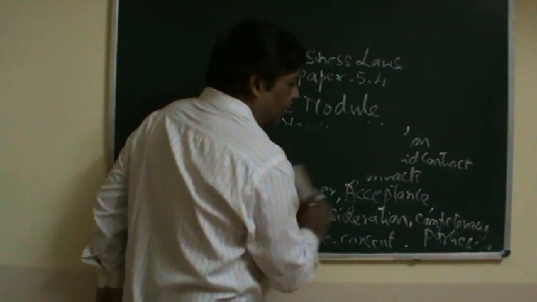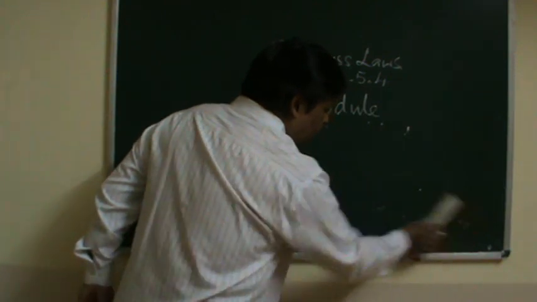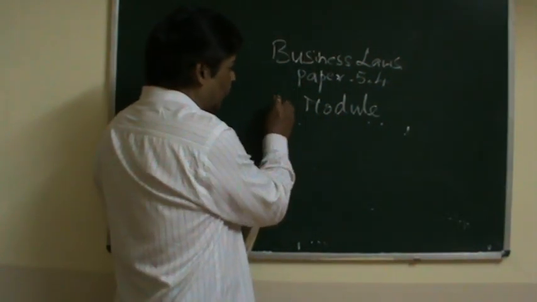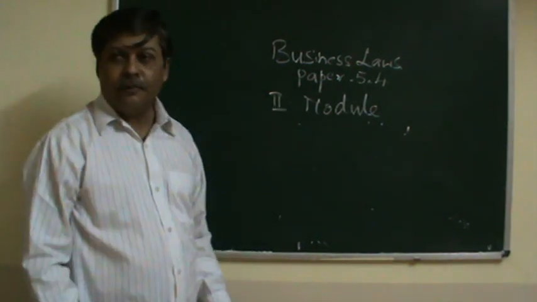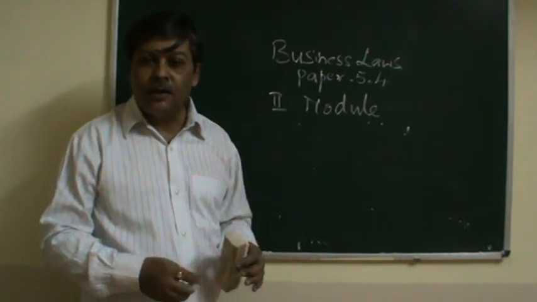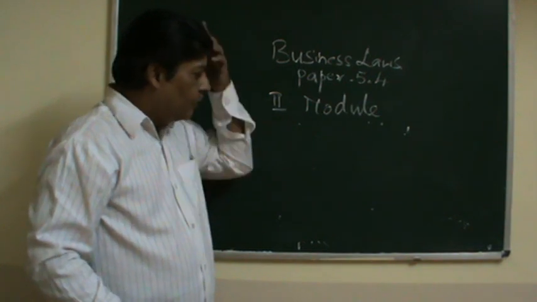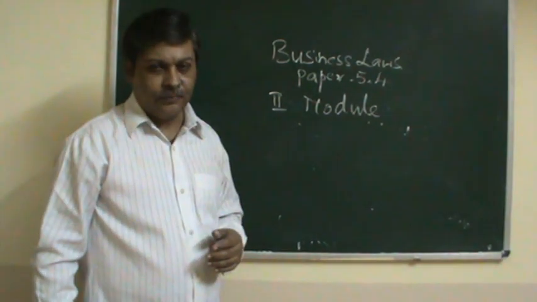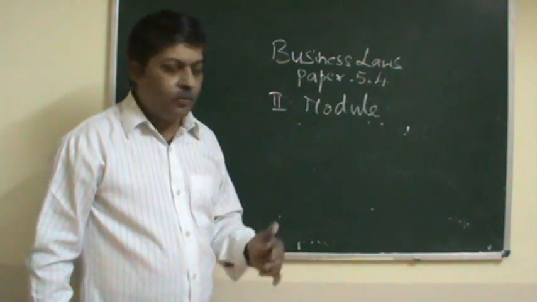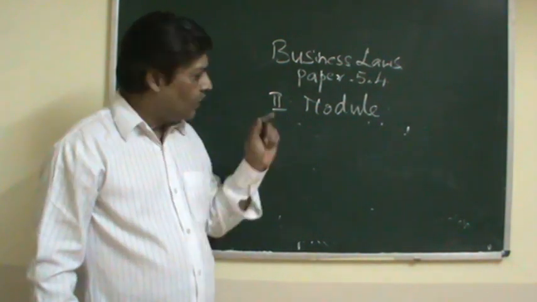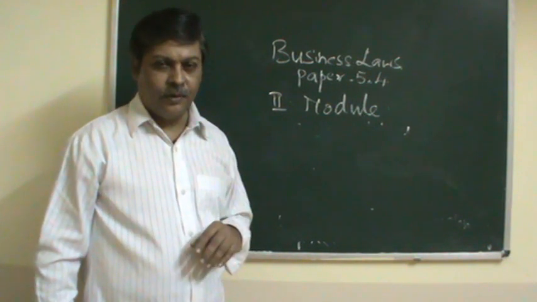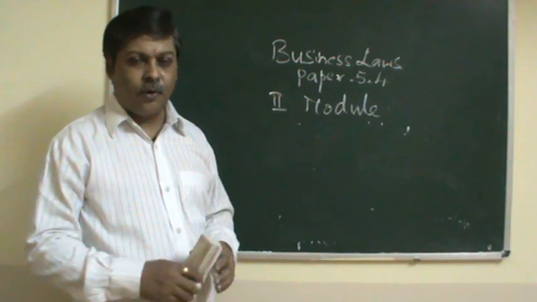Moving to the second module, as I told you, there are totally 5 modules. We will be taking the second module now. The second module is also a continuation of the 1872 Act. It is a continuation up to the third module. Now what we find is, in the second module, here we are going to discuss,